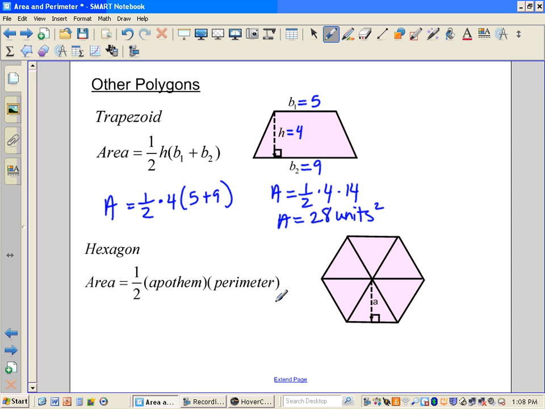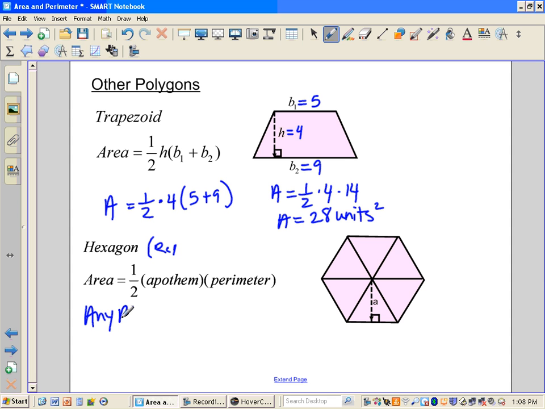Now, this formula here for hexagon also works for any regular, whoops, wow, that doesn't like me. This works for any regular polygon that you can divide into triangles, okay? Just ignore that part. The apothem that's listed here is this length right here, from the very center of your polygon to a side. And again, just like the other examples, it has to be perpendicular, it has to make